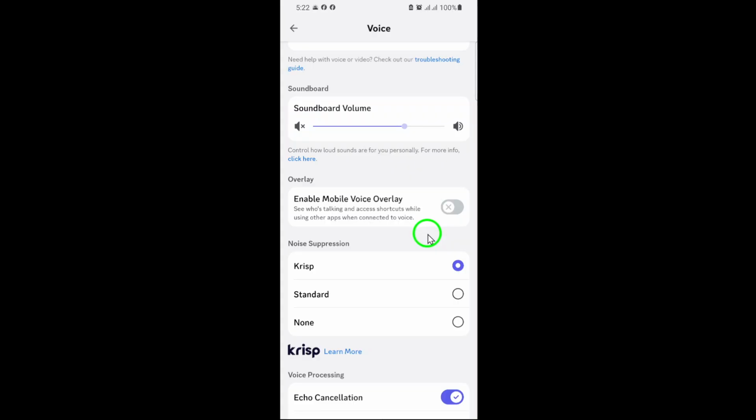That's it. You've successfully disabled the mobile voice overlay, so you won't see those floating controls popping up while you're using other apps during a Discord call. Disabling this feature can help keep your screen clutter-free and make multitasking on your phone much smoother. If you ever want to turn the overlay back on, just follow these same steps and toggle the switch back